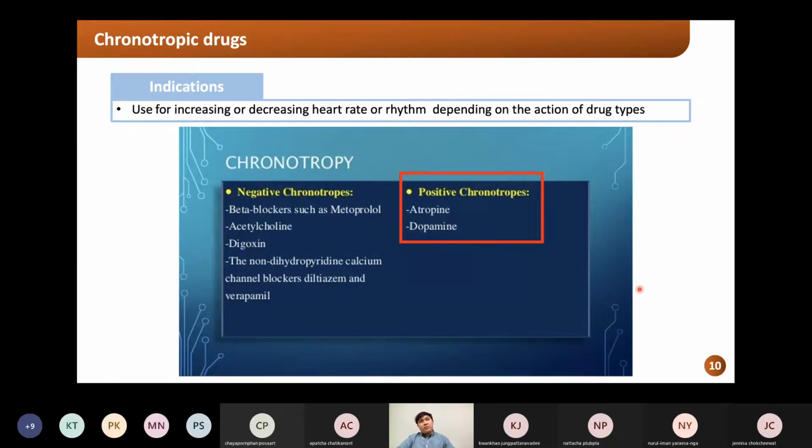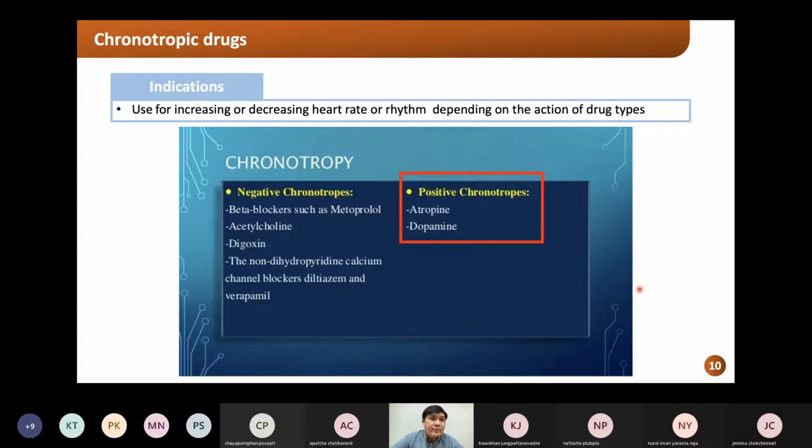It's related to the anti-arrhythmic drugs in some part, but the chronotropic drug is different from the anti-arrhythmic drug. You might be confused about it, but the indication for using the chronotropic drugs is for increasing or decreasing heart rate or heart rhythm,